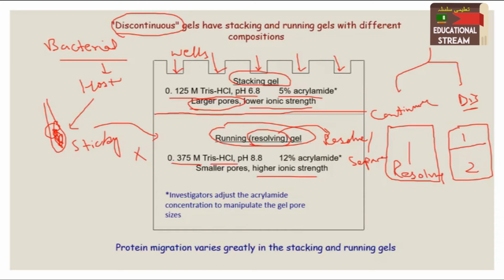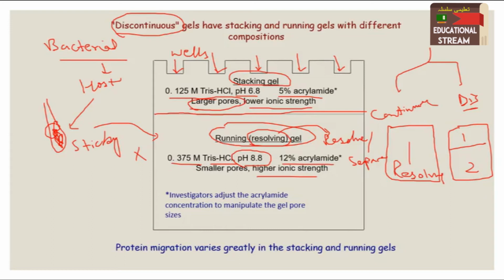We can use different concentrations or different kinds of buffers for preparing these gels, like the Tris-glycine buffer, mostly. We use a lower concentration of Tris-glycine in the stacking gel and a higher concentration in the resolving gel, that is 0.375 molar. For example, it is Tris-HCl or Tris-glycine, and as you can see the pH is also higher. pH also affects the movement of the protein. Now the pH is toward the basic side and proteins have a negative charge, so they will move toward the positive electrode. And we are using a higher percentage of acrylamide.